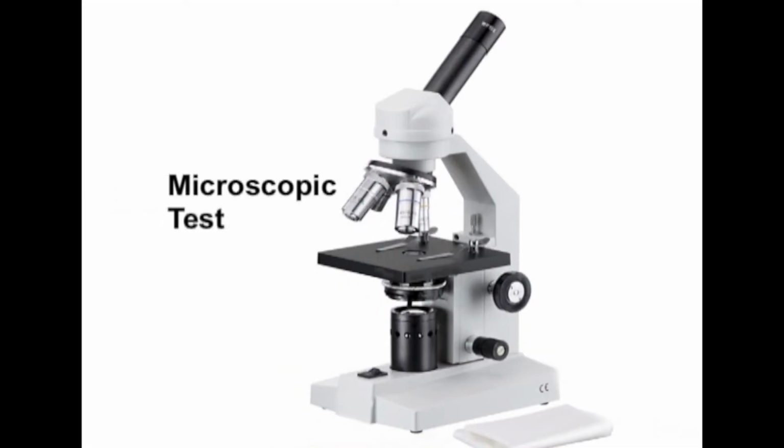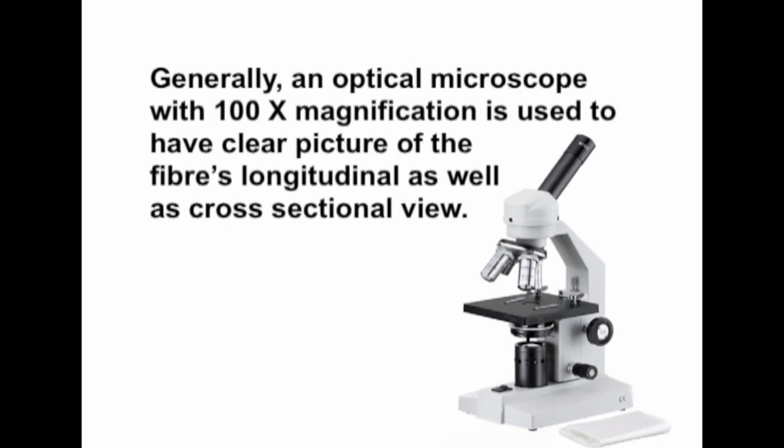When a microscope is available in the laboratory, we can utilize this, and this is conducted to help identify fibers with distinct features such as wool. Longitudinal view of the fibers shows the surface characteristics of the fiber. The fiber is cut perpendicularly to get a thin cross section, and when viewed under the microscope, it reveals the contour or shape of the fiber with its internal structure. Generally, an optical microscope with 100x magnification is used to have a clear picture of the fiber's longitudinal as well as